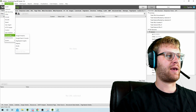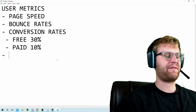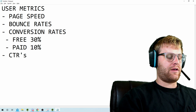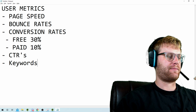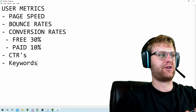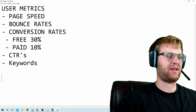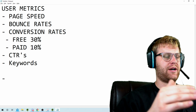So you're going to go to API Access, hook up your Google Search Console. Once you do that, then you also want to look at your click-through rates and your keywords that you're trying to rank. So these are the biggest metrics for user metrics. Now, I'll go into these a little bit deeper in a second and how we actually applied these. But the next thing you want to do is go into your actual